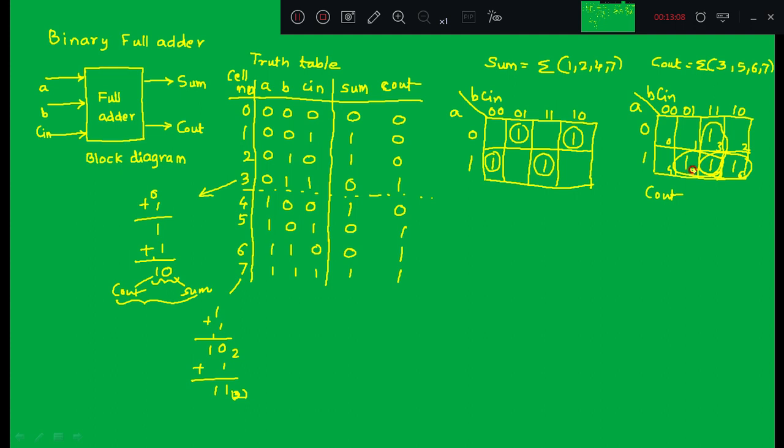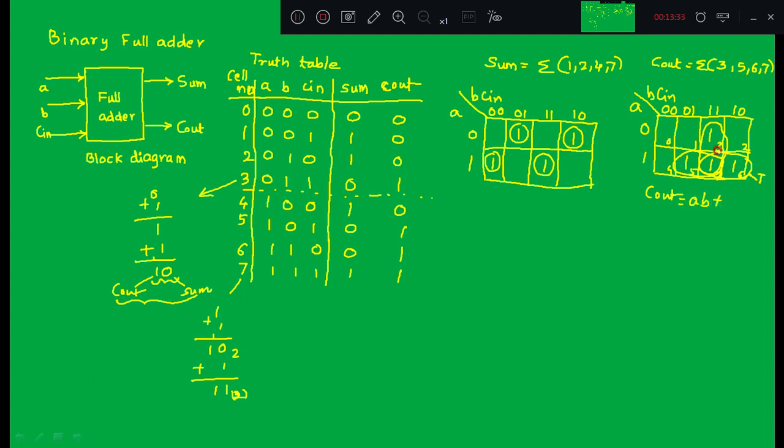So for 3, 5, 6, 7 you entered 1, and if you do 2 cell grouping, you will get 3 terms. C out can be written as, you can observe here, if I consider this as the first cell grouping, A, B is common, C is changing from 1 to 0, so you can neglect. So this you will get as AB.